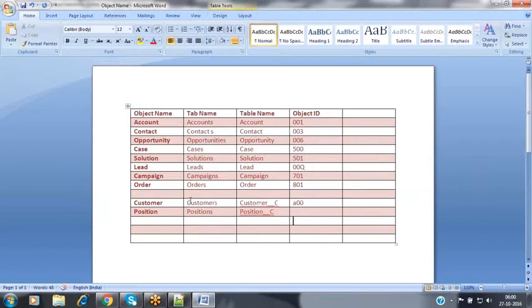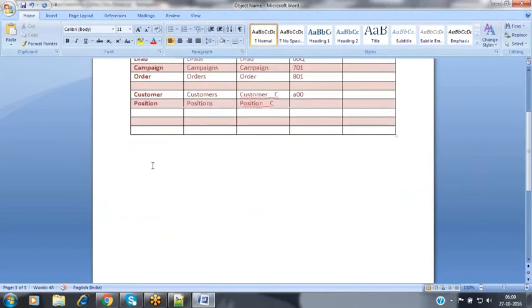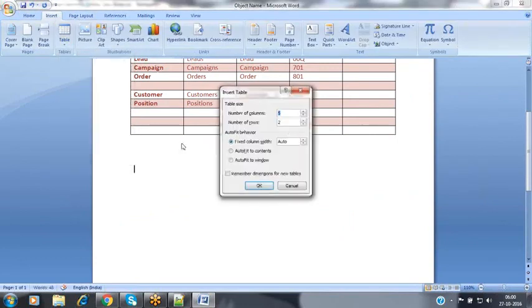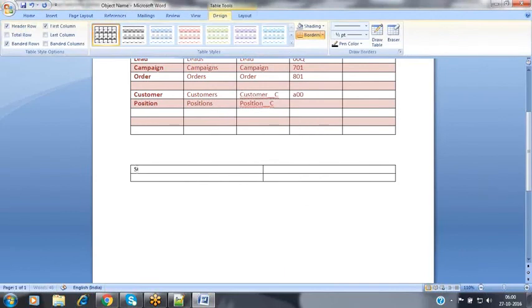Now we'll see. Let me design a table now. So now we have standard objects, custom objects.